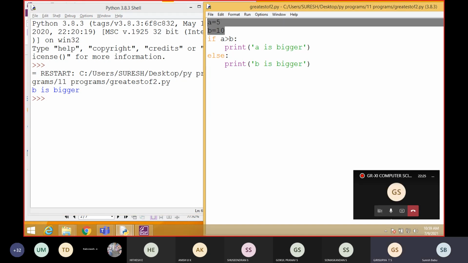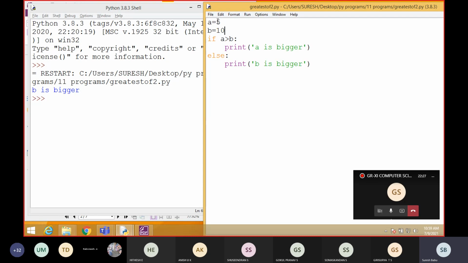So this is the method where we are assigning the values. But now I am going to get the values during execution. So we have to use the statement integer of input of, 'Enter number one', that is the first number.